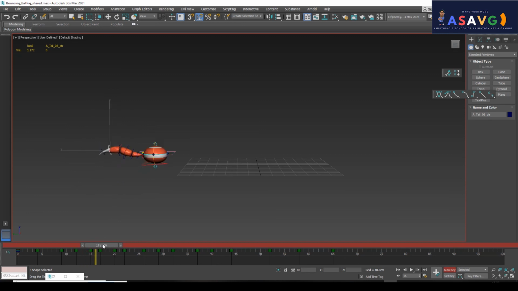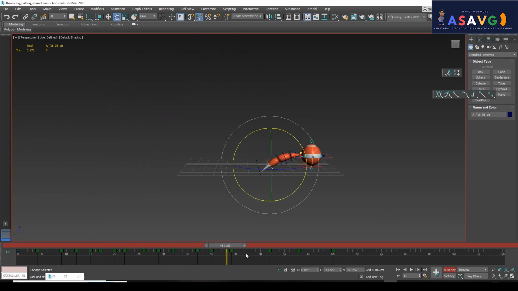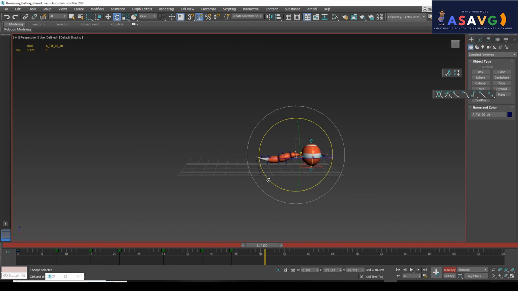Okay, don't overdo this. According to the movement of the body, the tail should be working. Okay, on this part also the last part is working, right? So for that you just click here and make it so that not only the last part is moving, but the main part is also moving, like that you can show. Okay, on the down also you can make a little bit of change, just drag. Okay, now it feels like not only the last position of the tail is working, rather the whole thing, with the support of the whole thing, the last part is working.